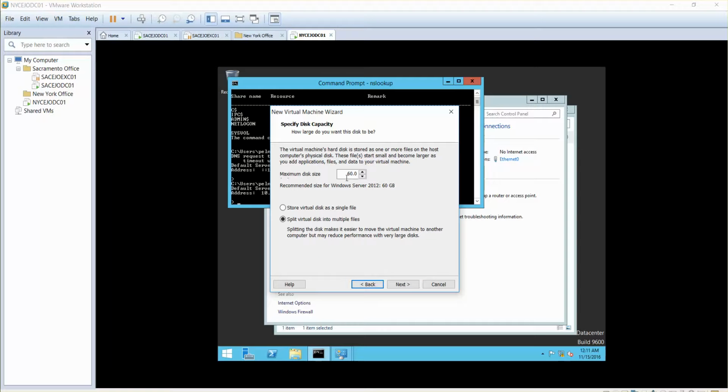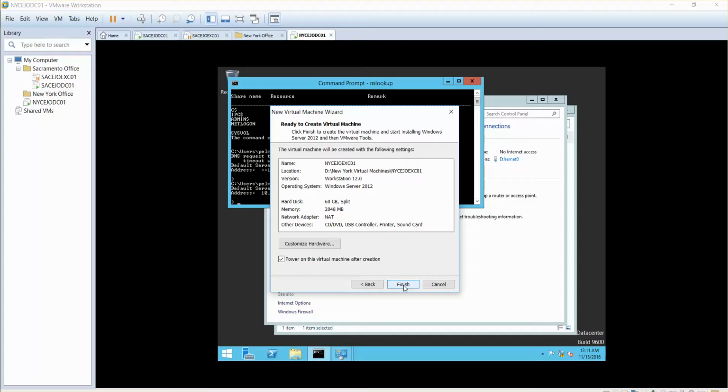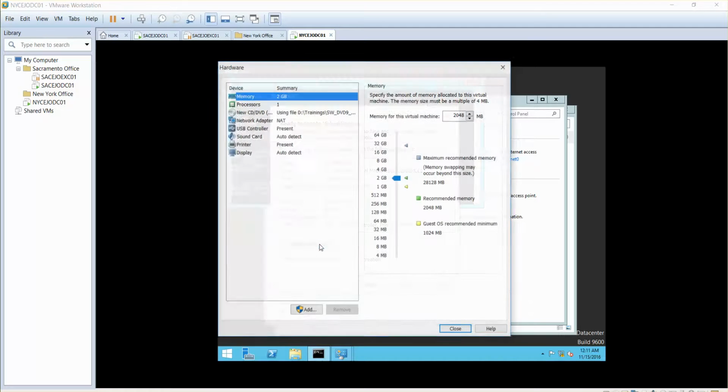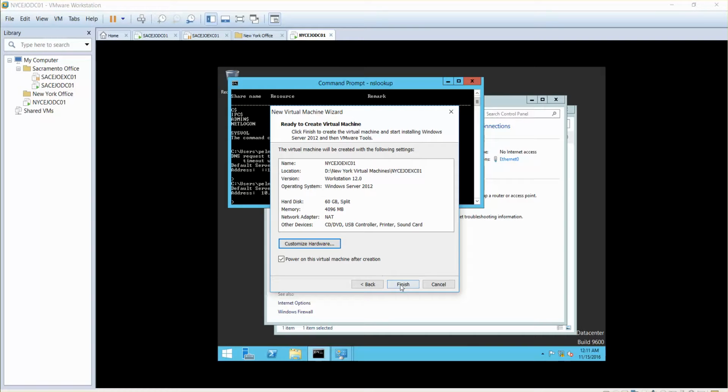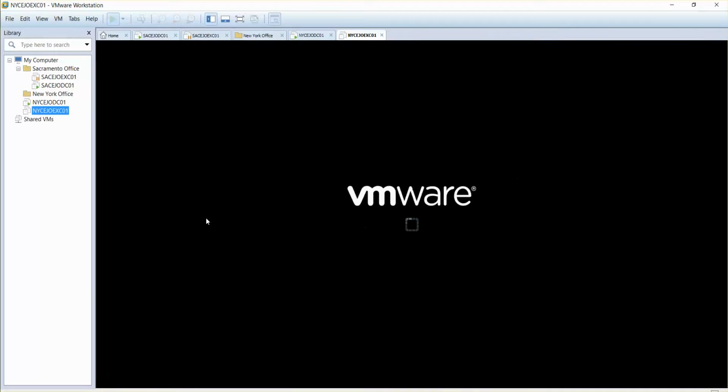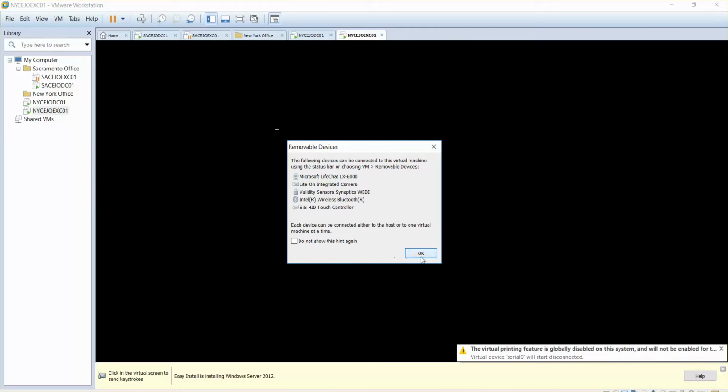Press next. I'll just use 60 in here, but in your lab it was 100. So 60 is good enough for us when we are just trying to install Exchange for educational purposes. 30 is required for installation, another 30 is good enough for us. And I'll simply click on customize hardware in here, and I'll make this one 4 GB, because 2 GB is not going to work on Exchange Server 2016. Make sure that you at least make it 4 GB so that it's going to load and work,